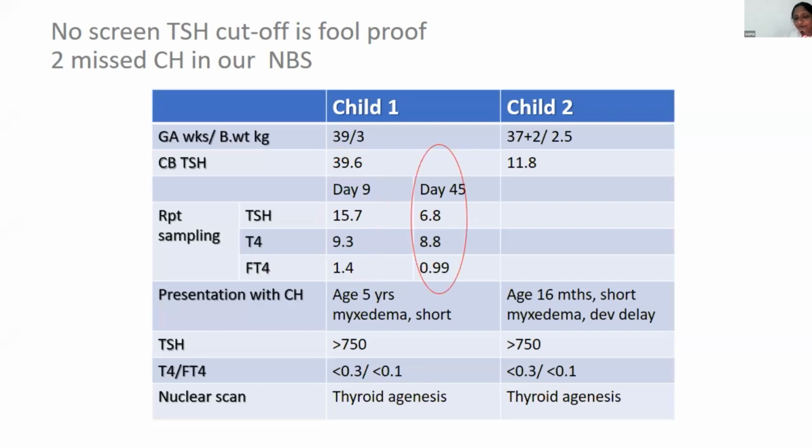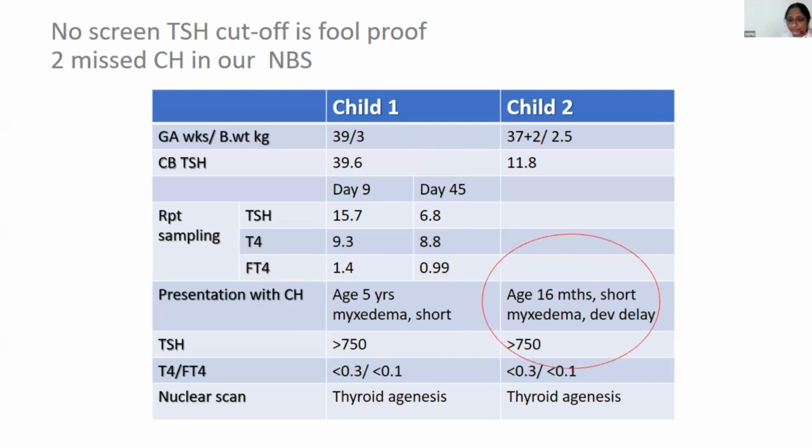Now, if you look at it, day 45, TSH of 6.8 is not really normal, but we have not followed up further after that. But at 5 years, she presented with myxedema. At that point of time, TSH was more than 750 with very frank hypothyroidism, and a nuclear scan showed thyroid agenesis. The second child was